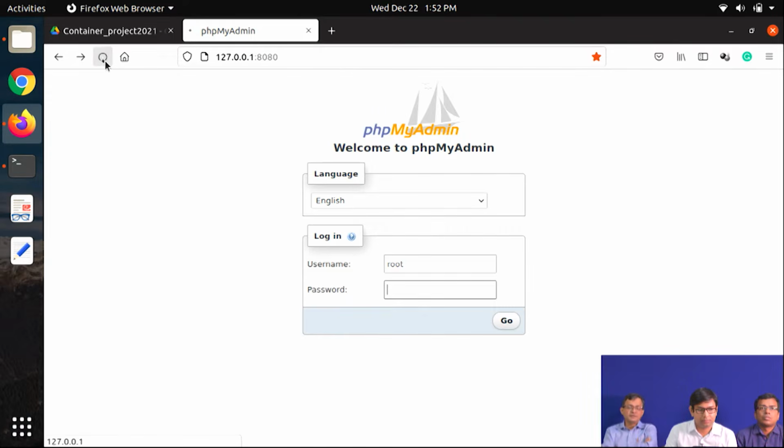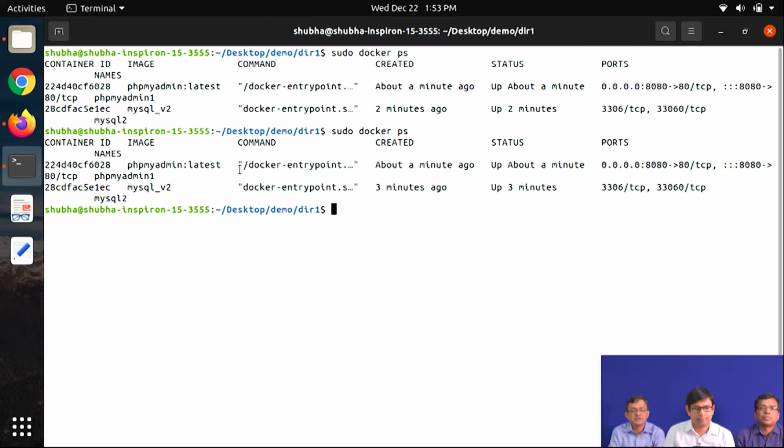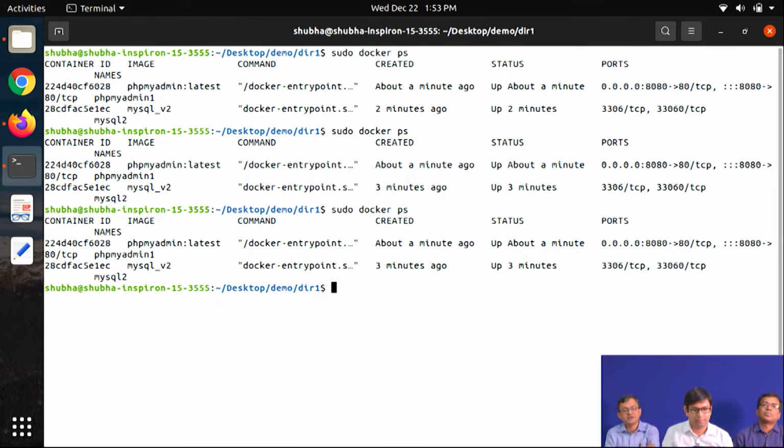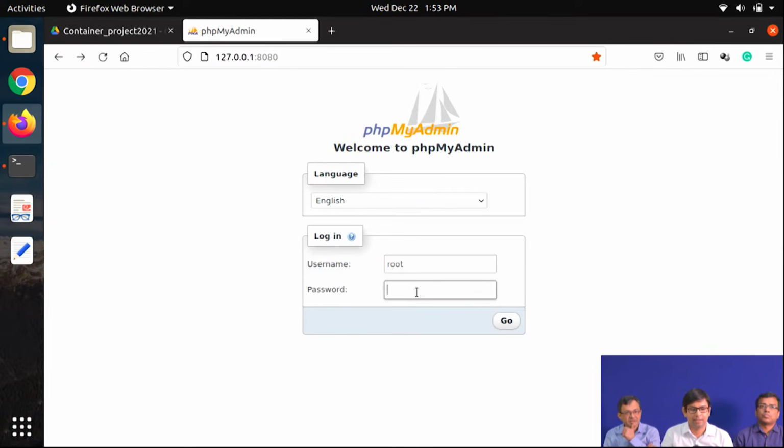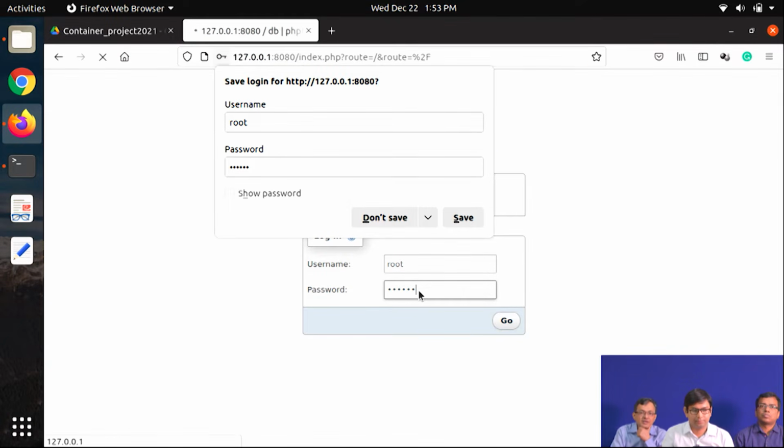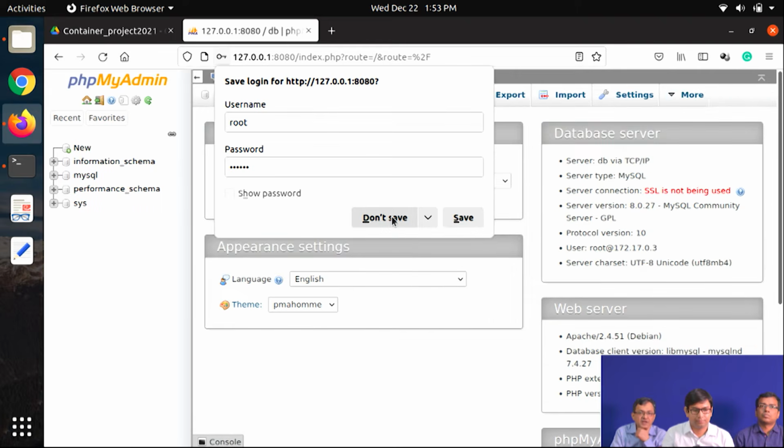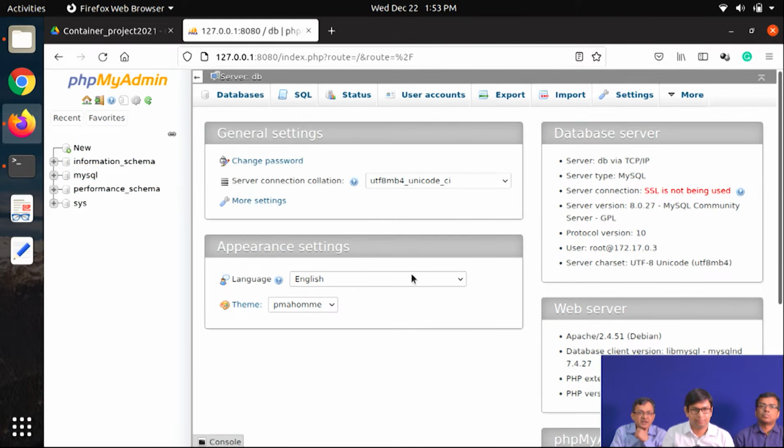What you have done, you have taken this MySQL image and the PHP myadmin from the Docker, and you are running in the Docker engine installed here, right? Yes. So that means you don't have to now install MySQL as such, anything out here. Right. So it is from the Docker Hub. He has downloaded that MySQL server and PHP myadmin, and then running right away.